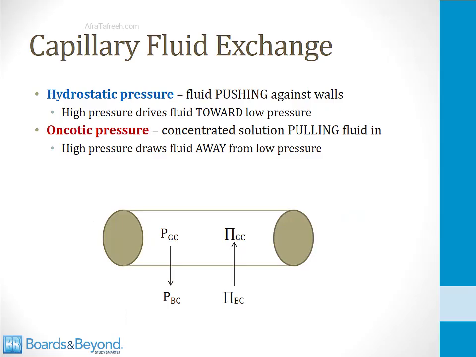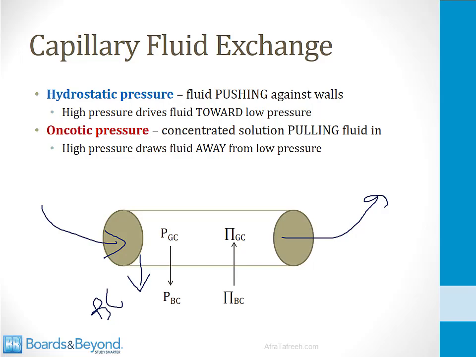Shown on the screen is my own drawing of a glomerular capillary. So let's imagine that we have fluid flowing into this capillary carrying solutes. Some of the fluid and solutes will cross the glomerular membrane and enter into Bowman's capsule or Bowman's space. Others of the fluid and solutes will exit the glomerular capillary in this direction. So what we want to talk about are the forces that are going to determine the amount of fluid that